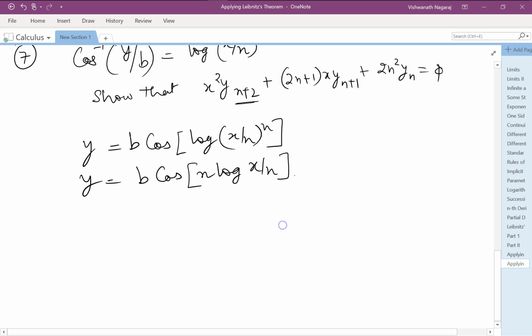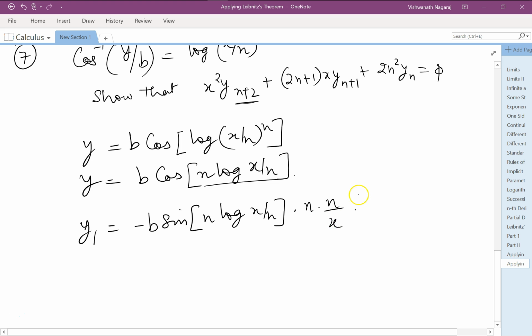Now let's take the first derivative. So 1 is equal to b as it is. Cos is sine n log x by n times. Now we take the differential of this. So that will give us n times n by x times then the differential of x by n, which is 1 by n. So n gets cancelled and we end up with y1 equal to minus b sine n log x by n